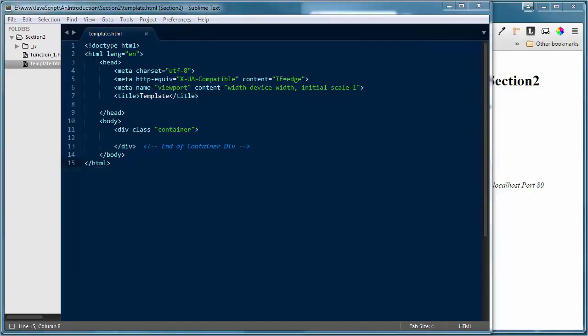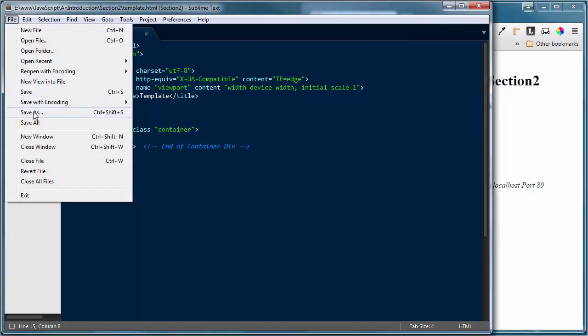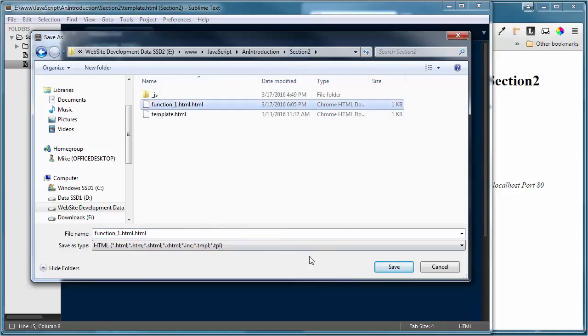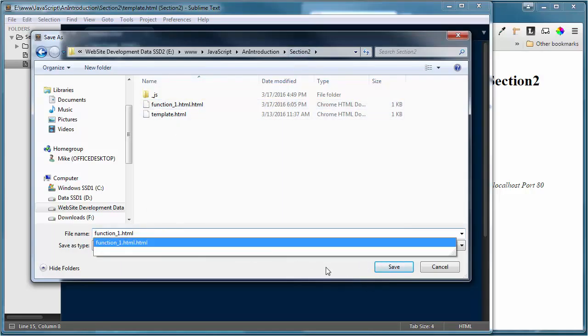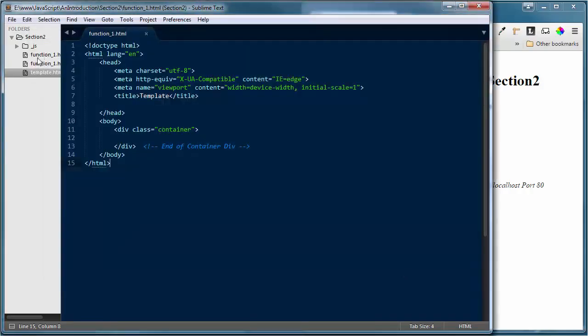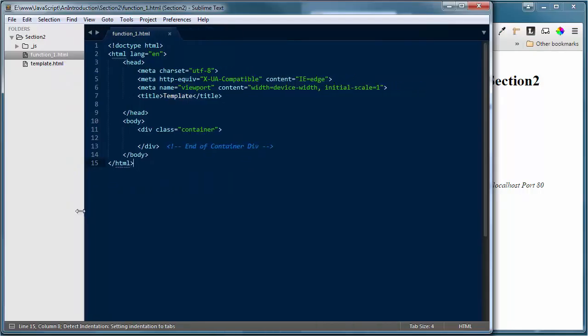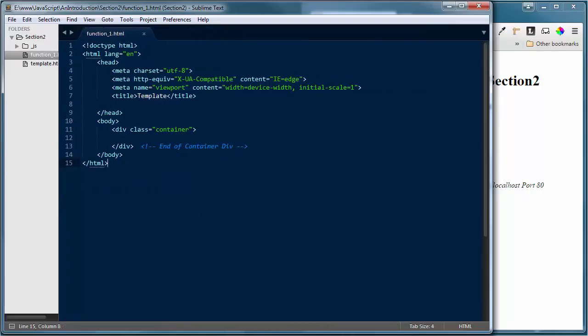So the first thing I'm going to do is, I've got my template.html file up inside my editor. I'm going to do a Save As and save this as functions_1.html. I'm going to save that file, and that's the file we're going to work with as we work through the demonstrations in this